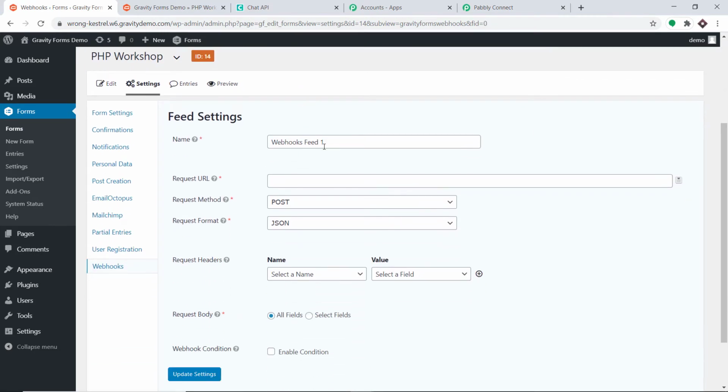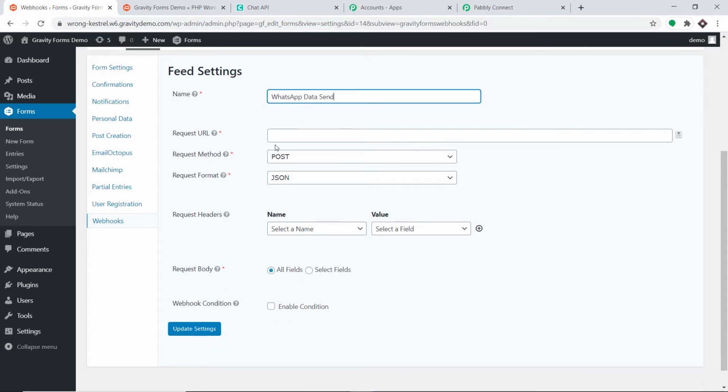Okay, so now I have to give a name to this webhook. So the name I'm going to give it is something like WhatsApp data send or something, because in this workflow we are going to send the data to WhatsApp, so that is why I'm giving a random name, that is WhatsApp data send. Of course you can give any name according to your discretion.